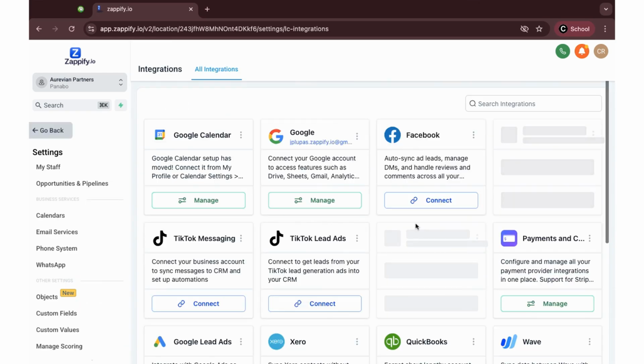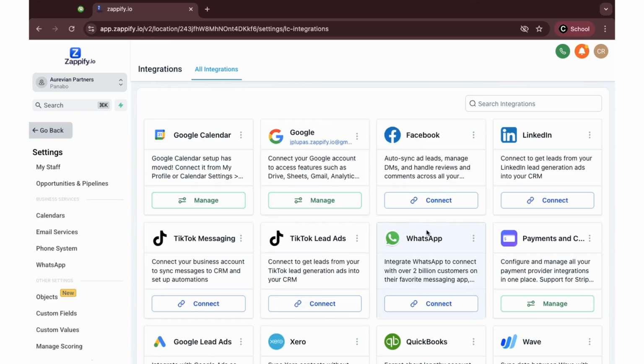So here, since my Google Calendar is already connected, here is the connected business profile. So after that,